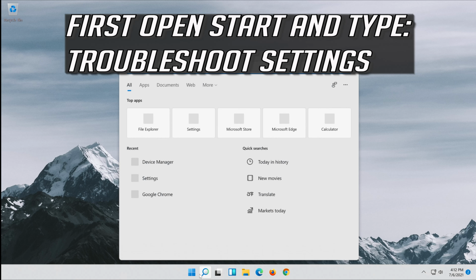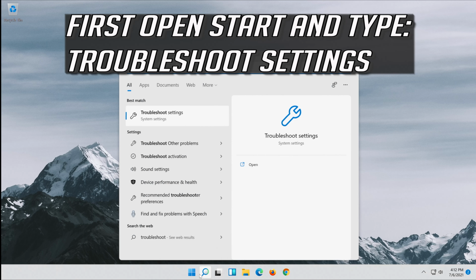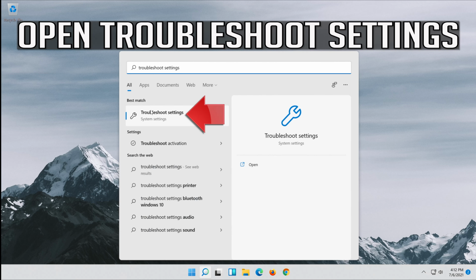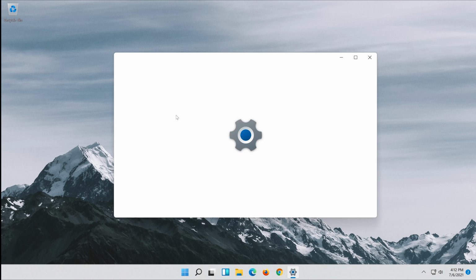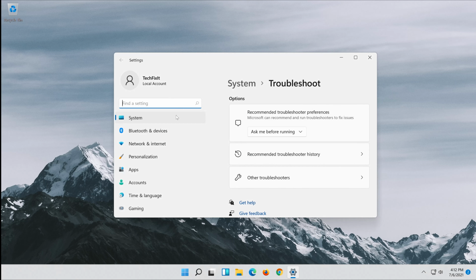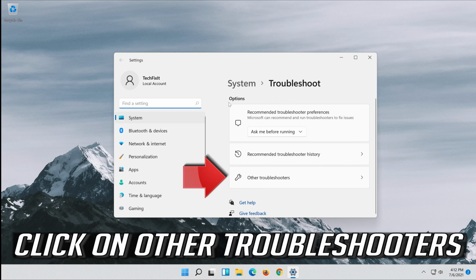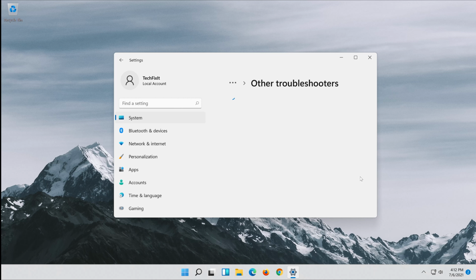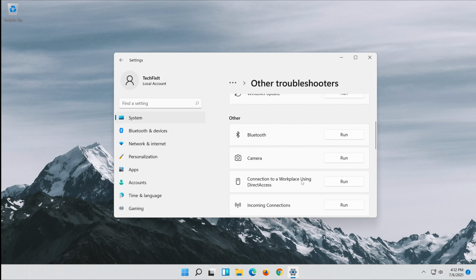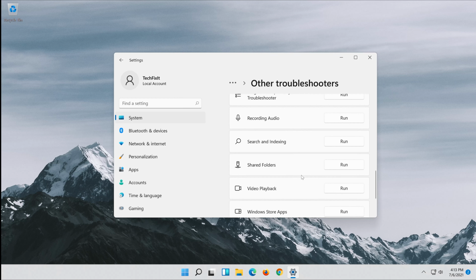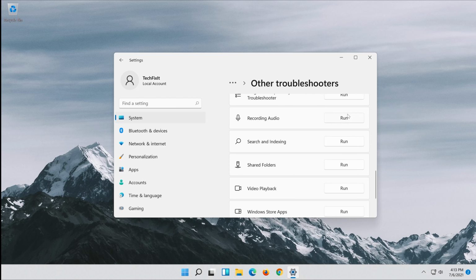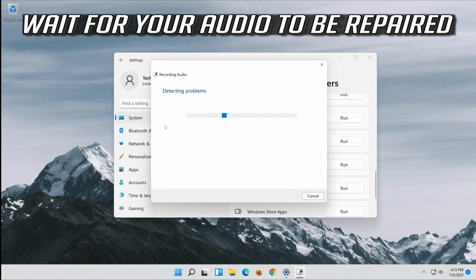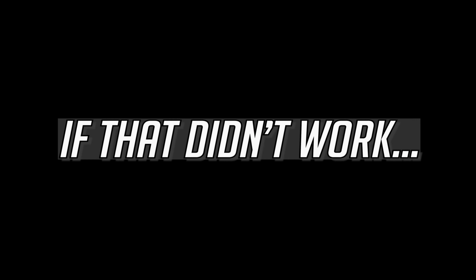First, open Start and type Troubleshoot Settings. Open Troubleshoot Settings. Click on System. Click on Other Troubleshooters. Go to Recording Audio. Press Run. Wait for your audio to be repaired. If that didn't work,